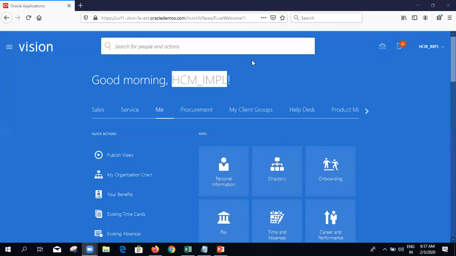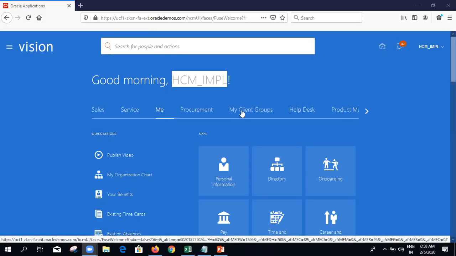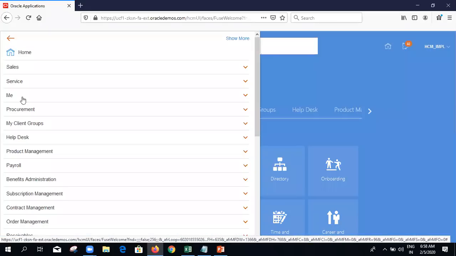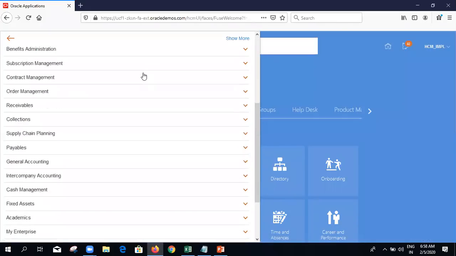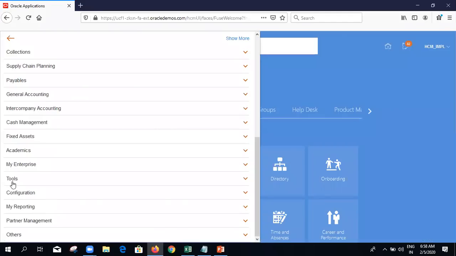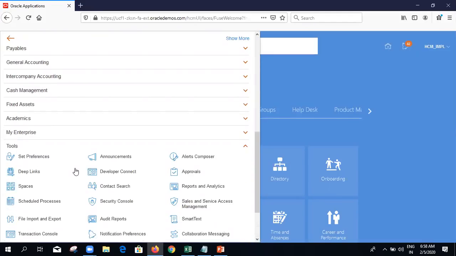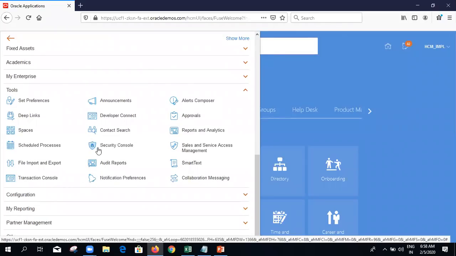Whereas in Fusion, we tackle the entire security administration in the system through the security console. There is a functional area like my client groups called security console. On the left side, in the navigator, if I click, we will have the option called tools. Under tools, we will have security console. This particular area we use for configuring the security related things in the application.